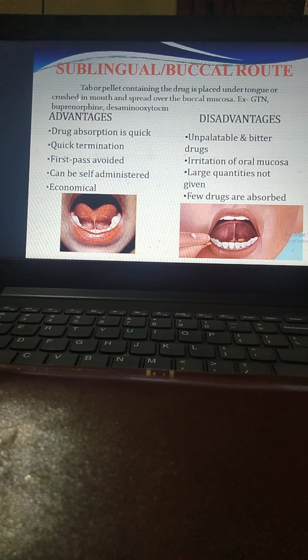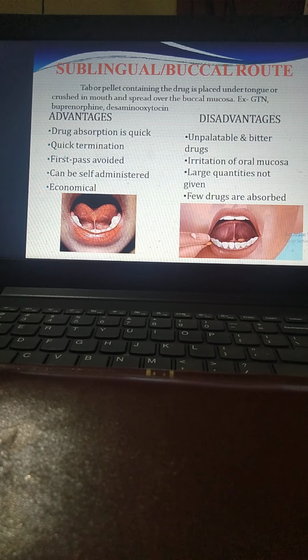Sublingual and buccal route is very important. A tablet or pellet containing the drug is placed under the tongue or crushed in the mouth and spread over the buccal mucosa, that is GTN, glyceryl trinitrate. So this is the sublingual route. You have to keep it for emergencies. If the blood pressure is very, very high,